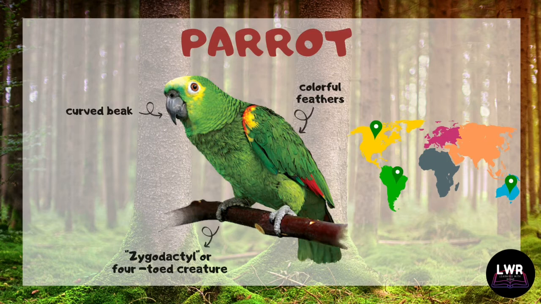Parrots have curved beaks, colorful feathers, and they have 4 toes on each foot. That is why they are called zygodactyl, wherein 2 of these toes are pointing forward while the remaining 2 are